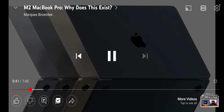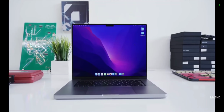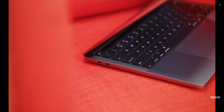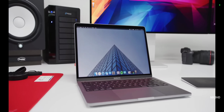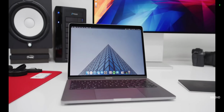Well, let's just start with the design. So Apple's been going through their laptop lineup, upgrading everything with this new square shape, larger displays with thinner bezels, getting rid of the touch bar, and actually adding ports. But this particular refresh didn't get any of that. So this brand new laptop looks exactly the same as the M1 MacBook Pro from 2 years ago, which...